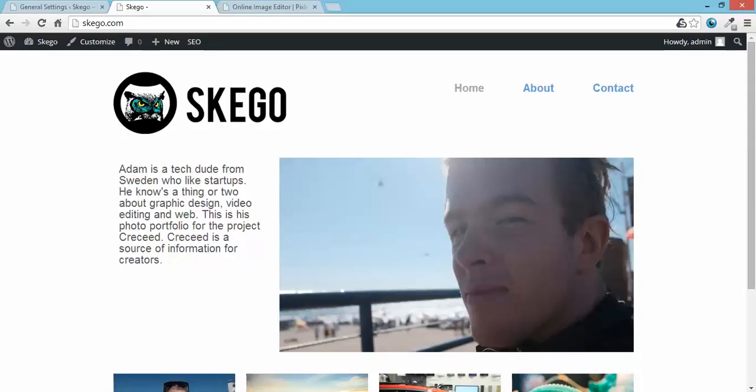So now we have the third thing we were gonna do. We're gonna create a favicon. And favicon, yeah,